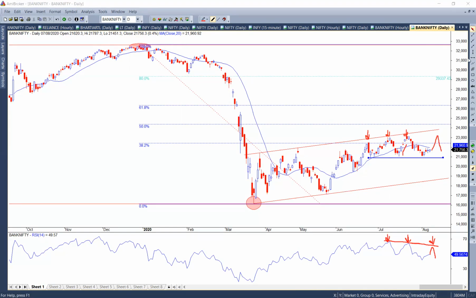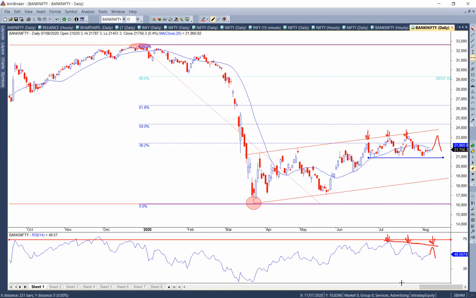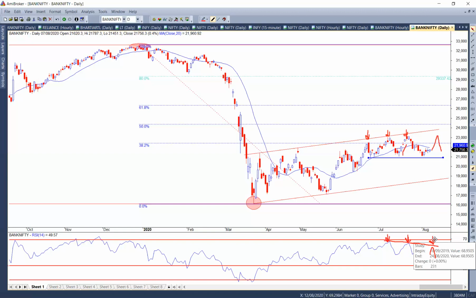Now let me take a parallel and find out support of RSI. This is the resistance of RSI right now on the upside. The support on RSI on the downside is around this zone, so this becomes the crucial support and resistance. I will also draw one more support in the middle, this one, because this was an extreme level, I would say, during this fall. So this becomes my oversold zone down, and this becomes my overbought on the daily chart for RSI. Now with this information, I have Fibonacci, channels, trend lines, moving average, and an indicator on the chart.